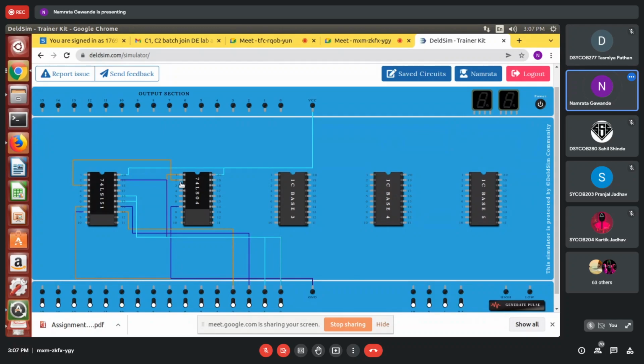Then this D bar should be connected to pin number 2 as well. And then this D bar again should be connected to D6, which is actually pin number 13: 10, 11, 12, 13. So 17.